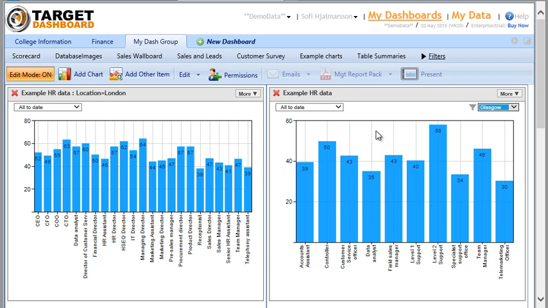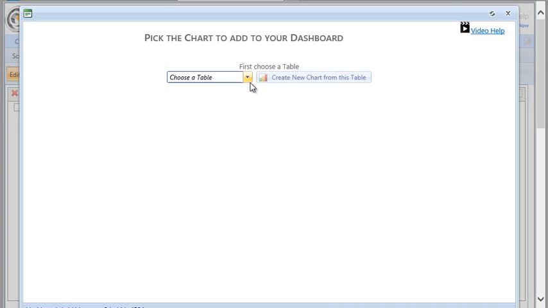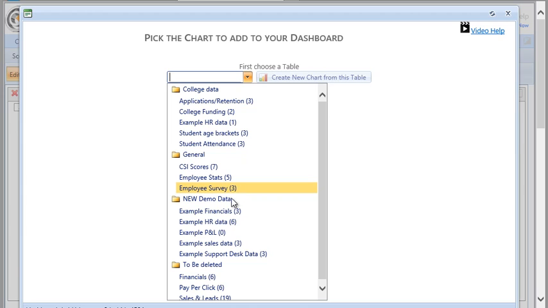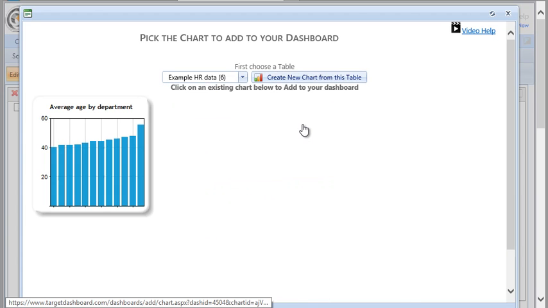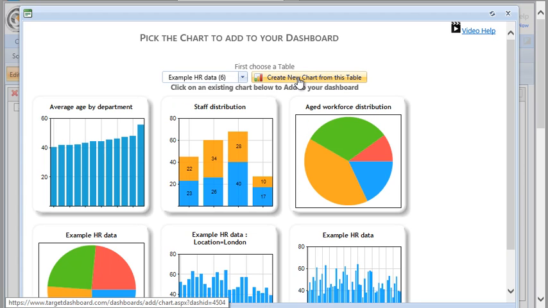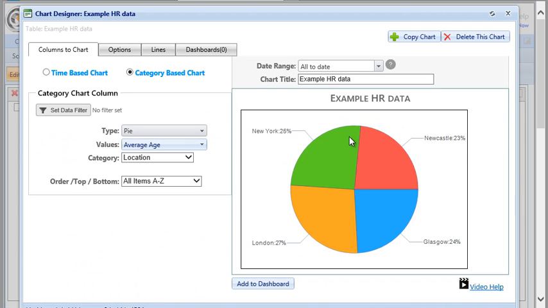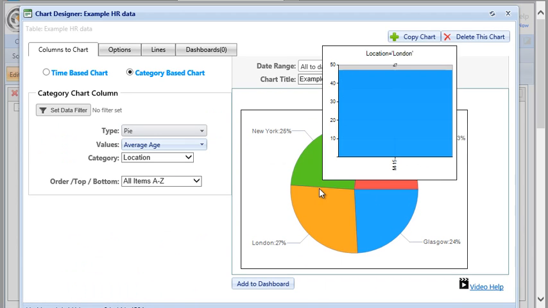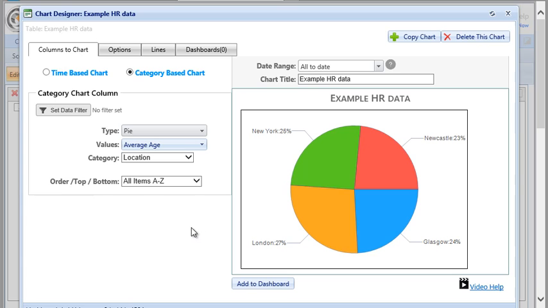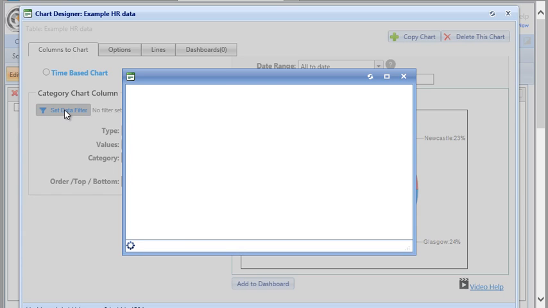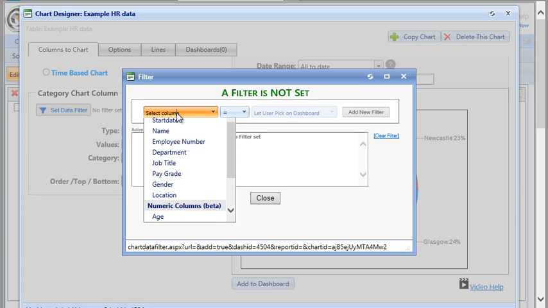Now, what if we wanted to look at our data, but we wanted to exclude something? Well, there's a filter for that as well. So let's add another chart from the same data. We'll create a new chart, and we can leave it on this pie chart for this because it will illustrate quite well what happens. So what we're going to do is we're going to set our filter,